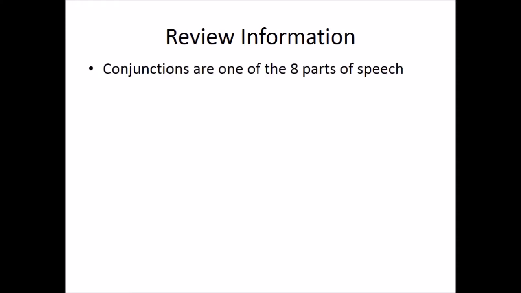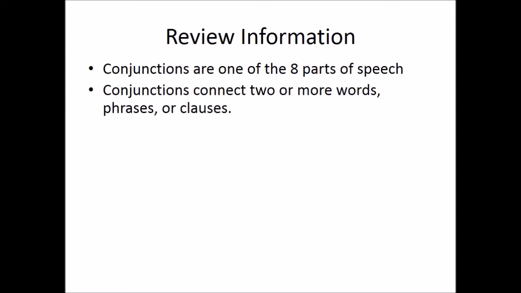Before we begin diagramming coordinating conjunctions with adjectives and adverbs, let's do some review. Conjunctions are one of the 8 parts of speech. We know 6 parts of speech. This is the 7th part of speech, and we have one more after this one. Conjunctions connect 2 or more words, phrases, or clauses. So far, we have diagrammed at the level of connecting words. We've connected subjects, verbs, and direct objects, and we're going to stay at the level of words with this presentation